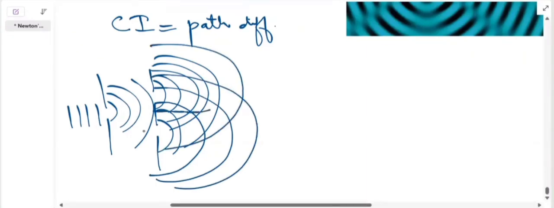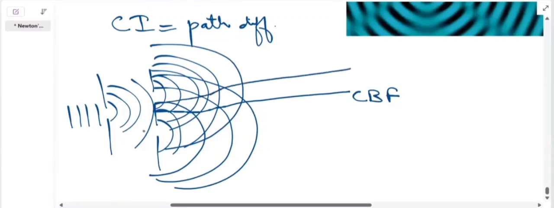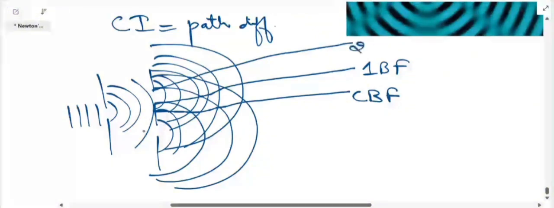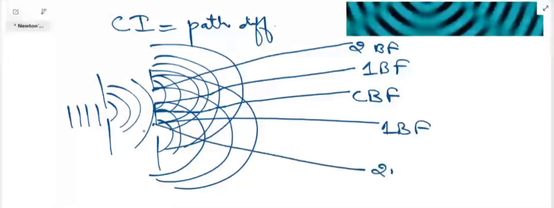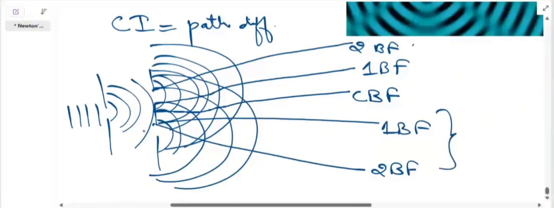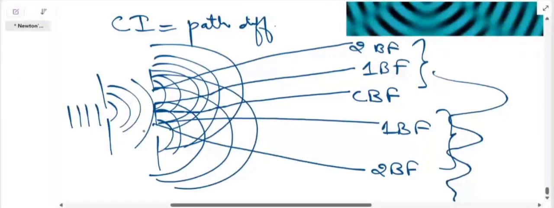Here, where the waves are intersecting in one line, you will see the central bright fringe. Then at the second, when they are crossing each other, you will see the first bright fringe. Then at the third, you will see the second bright fringe. Similarly, here also the first bright fringe, and here your second bright fringe. This is extreme left, this is extreme right. The central bright fringe will be of very high intensity, then low intensity, then a third decreasing, and it decreases like this. This decrease in intensity is known as damping of the wave.